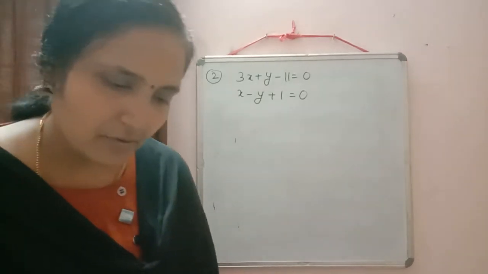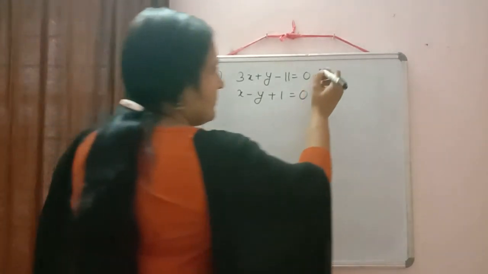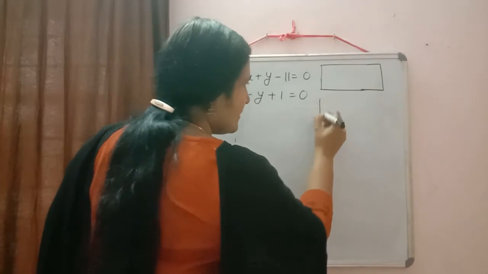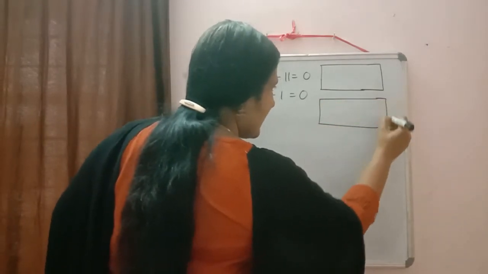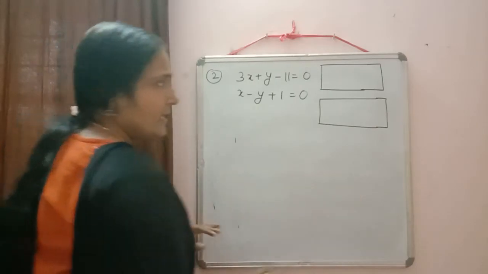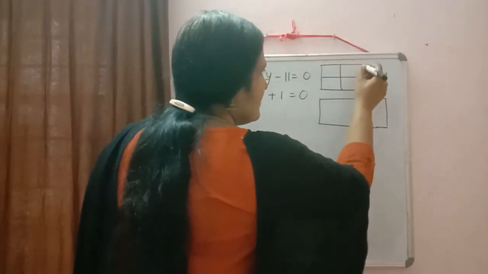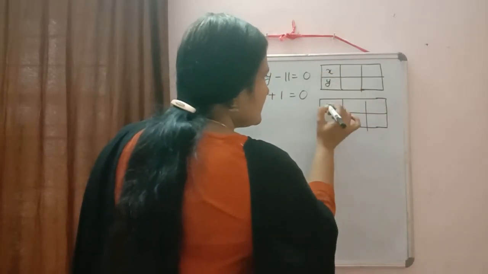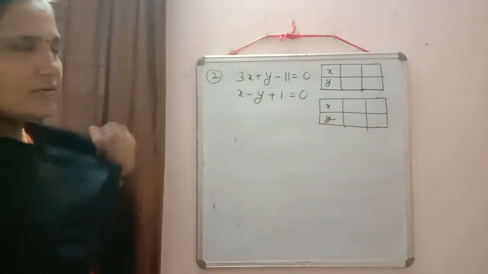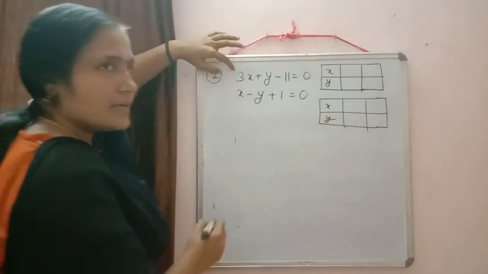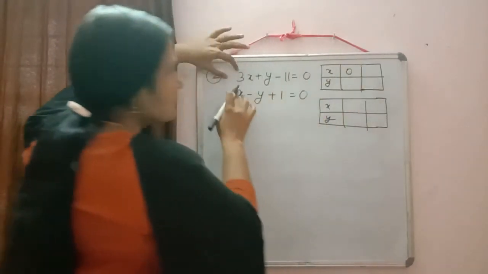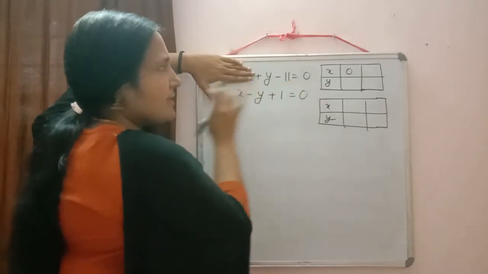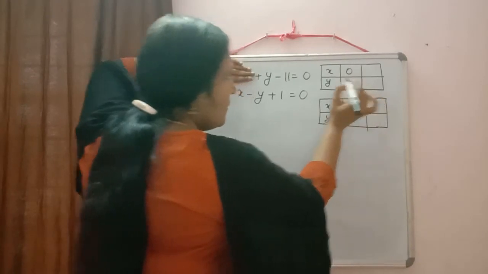So first we can draw the table here for x coordinate and y coordinate. I am drawing here only because I don't have much space. For the first equation and second equation I am writing the table so that I can draw the graph. All of you do with me. Just take two values: first x equal to 0, second y equal to 0. In the first one, if x is equal to 0, this term becomes 0, so we get y minus 11 is equal to 0, y is equal to 11.